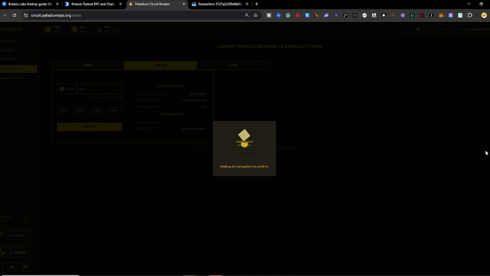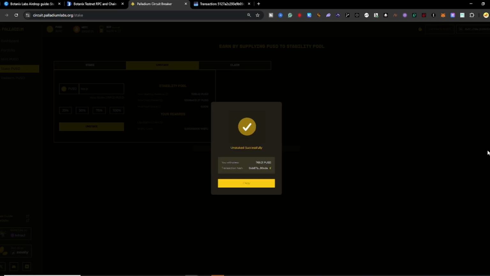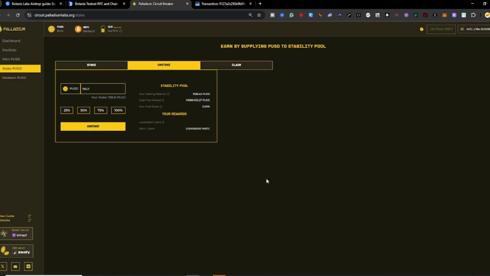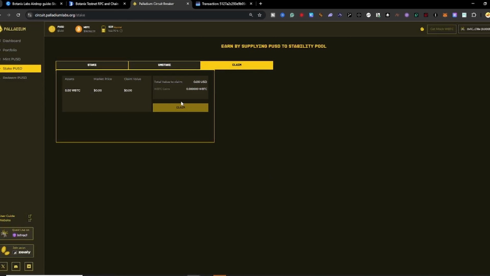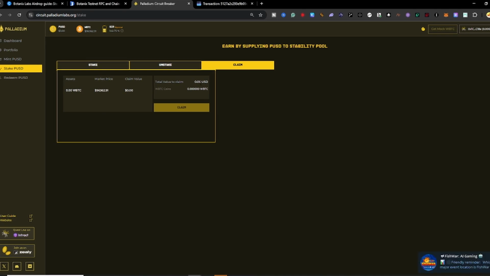So guys, take note that in this testnet, the more transactions you have, the more possible airdrop you will have. But don't make it a spam transaction. And then claim. If you have a claim available, you can claim it.